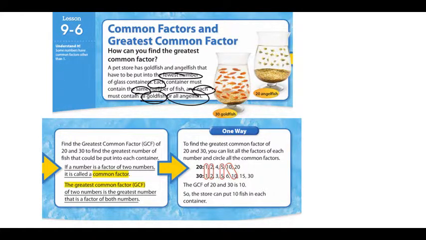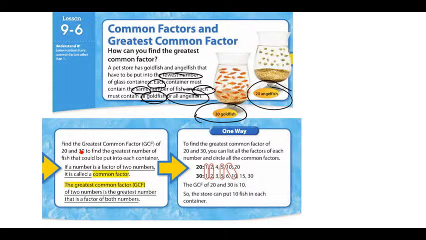So notice they didn't put any numbers in the story problem, but the numbers are right here. 30 goldfish, 20 angelfish. Okay, and it says the fewest number of glass containers, but each container must contain the same number of fish. So if you look at the bottom here, well, it's on the next page for you, it says find the greatest common factor, or GCF,